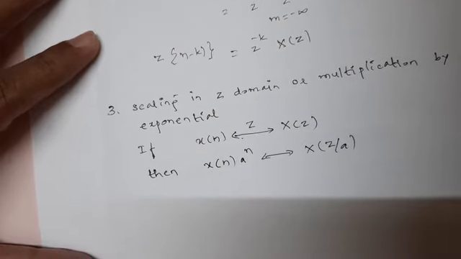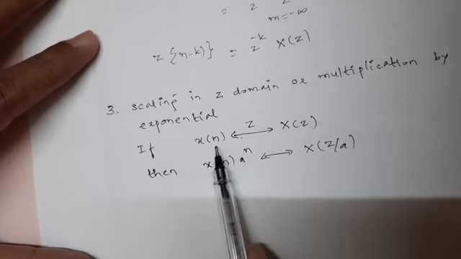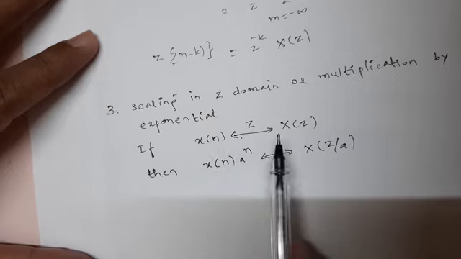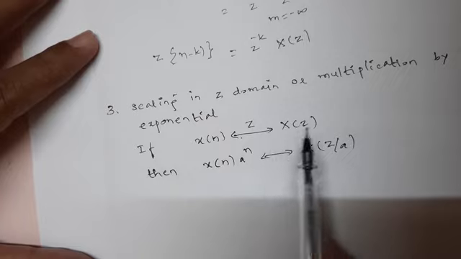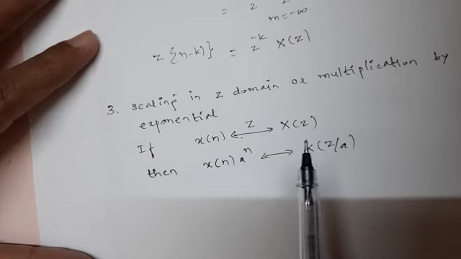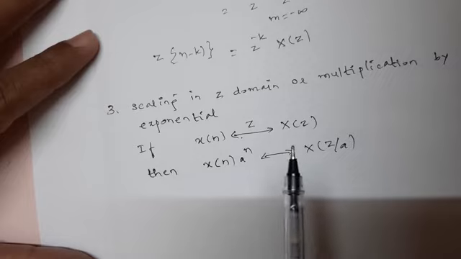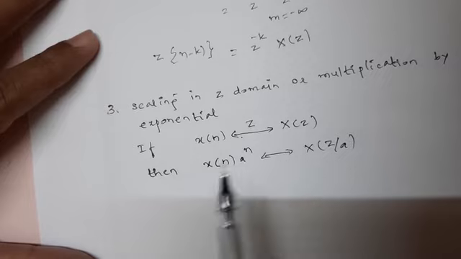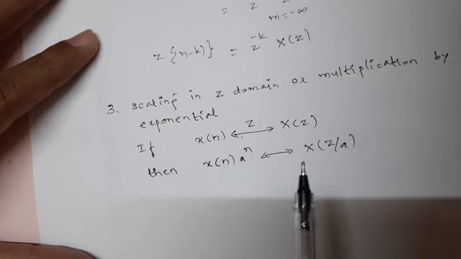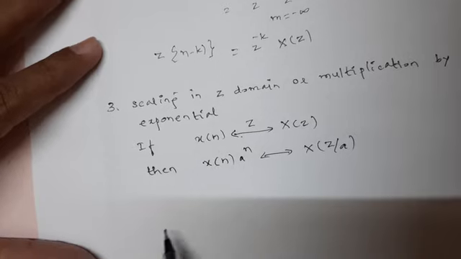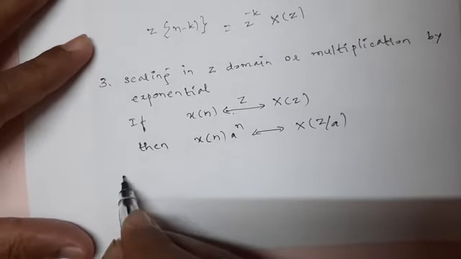Here, whatever sequences we consider, x of n is a double-sided sequence. It always has an ROC lying between a and b. If I consider a to the power n u of n and minus b to the power n u of minus n minus 1, two sequences, as a double-sided sequence, then the ROC will always lie with z between a and b. Such x of n I am considering here, not specifically mentioning any of these sequences.